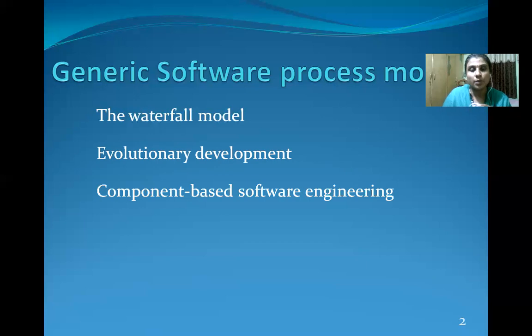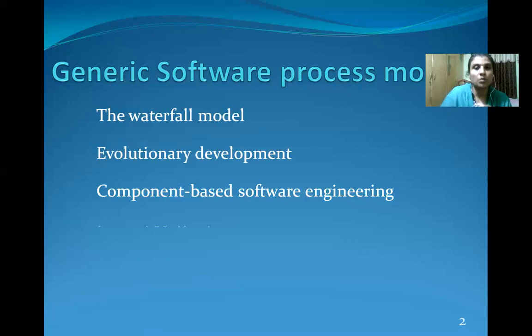Next, coming to component based software engineering. Instead of developing our application from scratch, we try to reuse the existing components, the existing modules or functionalities. That is the main concept and the main advantage of component based software engineering. We can reduce the time by making use of the existing components. The major drawback with component based software engineering is that the customer has to sacrifice the requirements, or has to compromise with the requirements. So that is a major drawback.